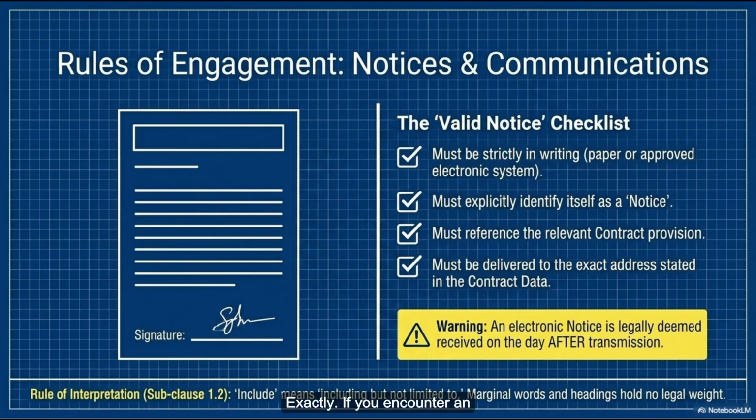If you encounter an unforeseeable physical condition like the flooded foundation, the contract gives you a strict window, usually 28 days, to officially give notice. Okay, let me guess. If you miss that window because you just sent a casual email instead of a formal notice, you lose the right to claim the extra money. You forfeit the claim entirely. Wait, really? Just gone? Just gone. You could be out tens of millions of dollars over a formatting error.